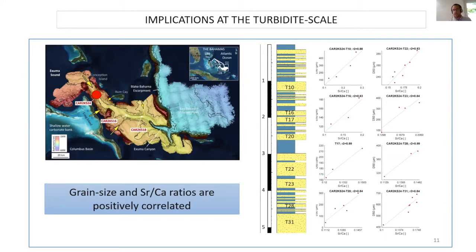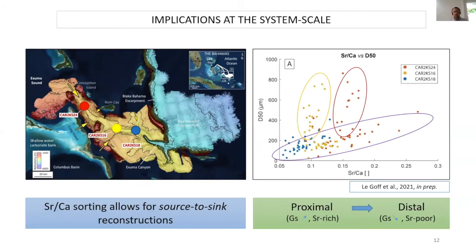This is actually very logical, because we have the coarse grain particles coming from the platform, like Halimeda, settling at the base of the turbidite, while at the top we have more pelagic material made up of planktonic foraminifera and pteropods. So when you plot all the data from the three cores, this is still strontium calcium ratio and the